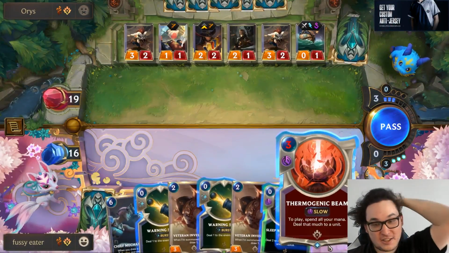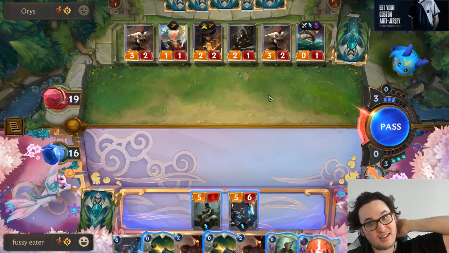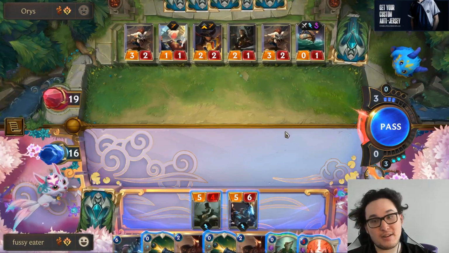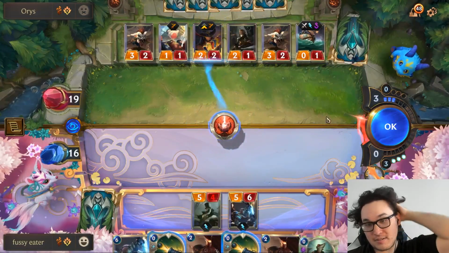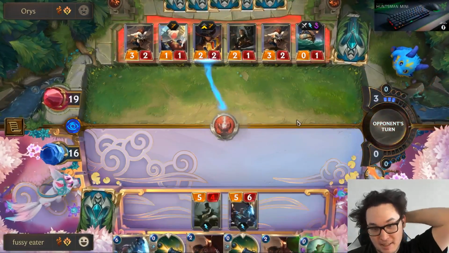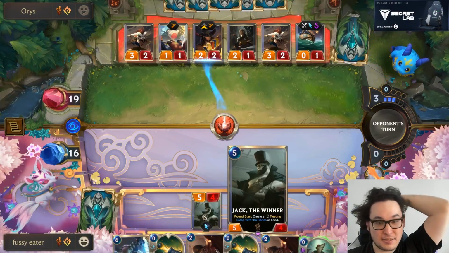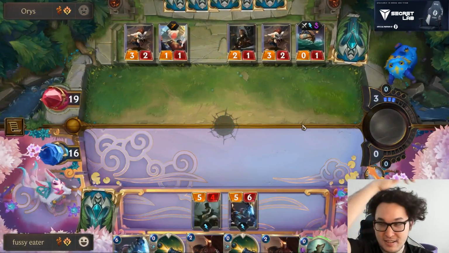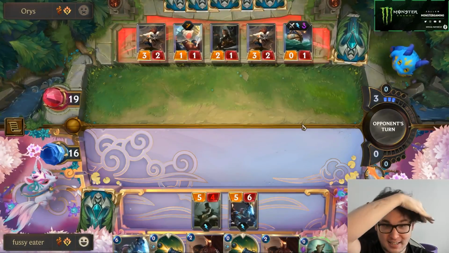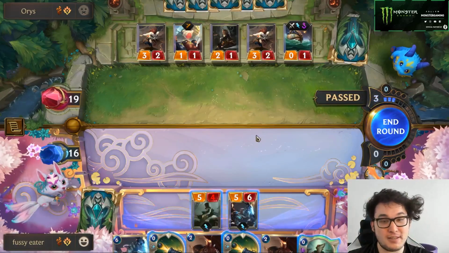I probably need to just Thermo Beam to reduce damage here. It's not really a good Thermo Beam, but it's kind of the best we're getting in this matchup. And banking the mana doesn't actually do anything at all here. Attack the keg. I guess you could Thermo Jack. Yeah, I was supposed to attack the keg before doing that. Sure, because it stops him from Thermoing Jack. I don't super hate it if he does, but...